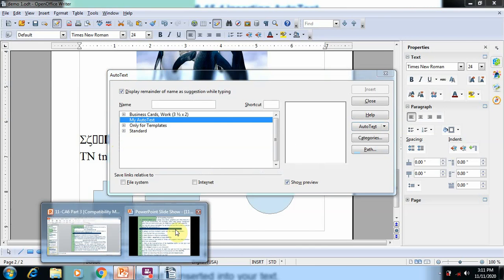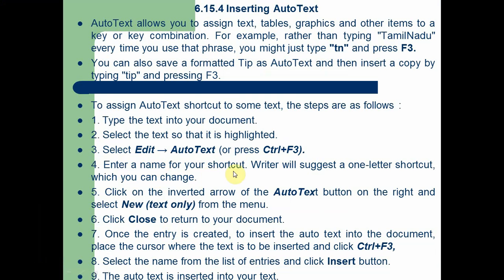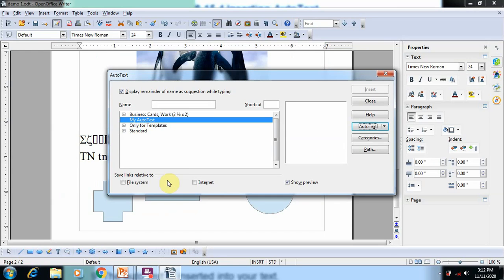Next go to the shortcut. Enter a name for your shortcut. Writer will suggest a one letter shortcut which you can accept. So here we want to type the name for the shortcut. Here I type the name as shortcut Tamil Nadu, and you can see Open Office Writer automatically selects a shortcut for that word, that is T. So after that, what we want to do,